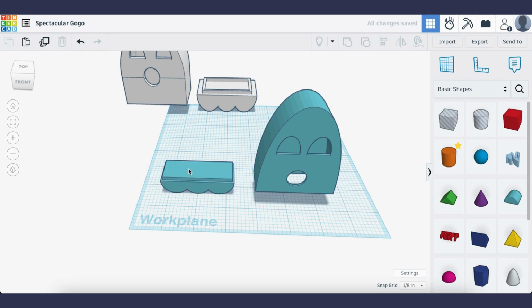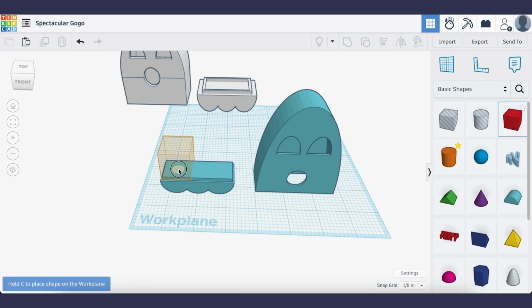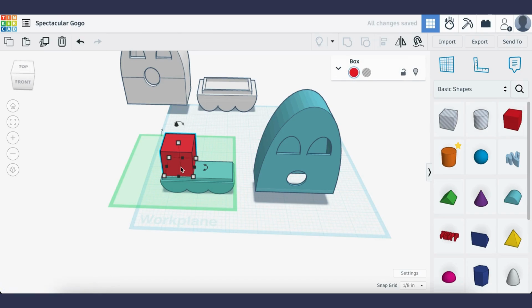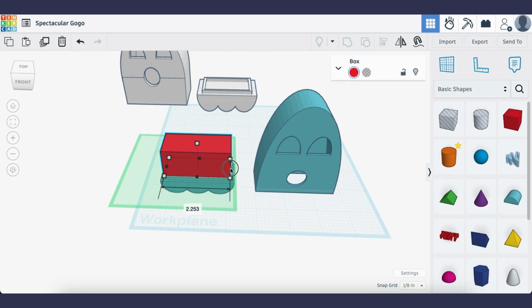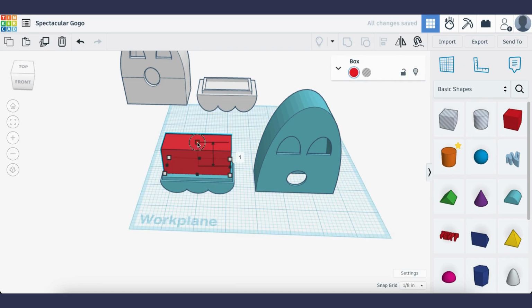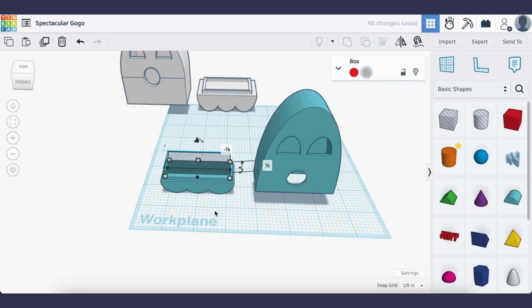Then I'm going to take another cube, place it on top again, and make it even smaller than the rectangle that's perched on top of the bottom of our ghost design. You can eyeball this for now, like so. Make the height a little bit less, and this time we're going to make it a hollow fill. Then I'm going to drag it down a bit so it cuts into the top component of my ghost's base,